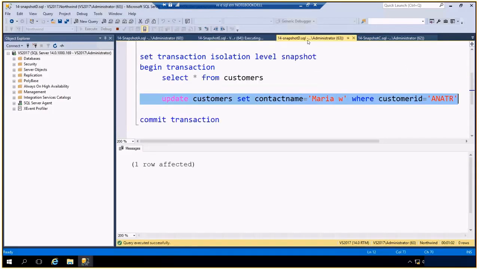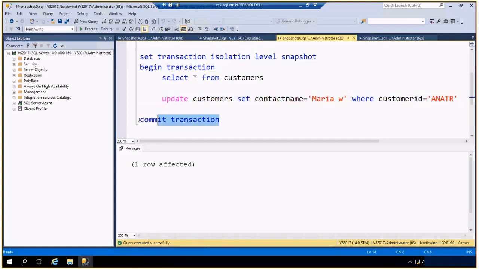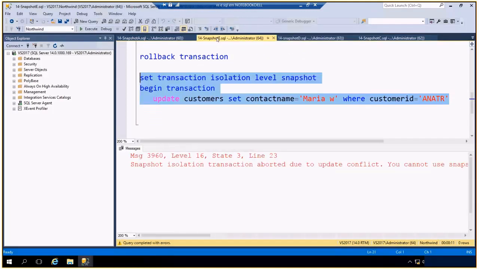Script D is blocking this. If I commit script D, this transaction is committed, but on E, besides the blocking, which is the first reaction, the second reaction is the conflict. I'm trying to update a record that was already updated by another transaction, so I get a conflict and my transaction is aborted.